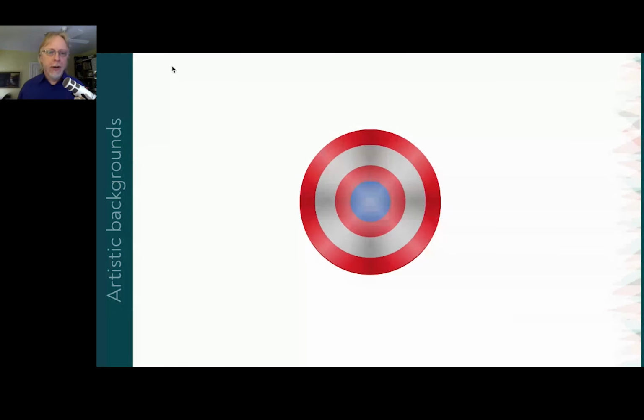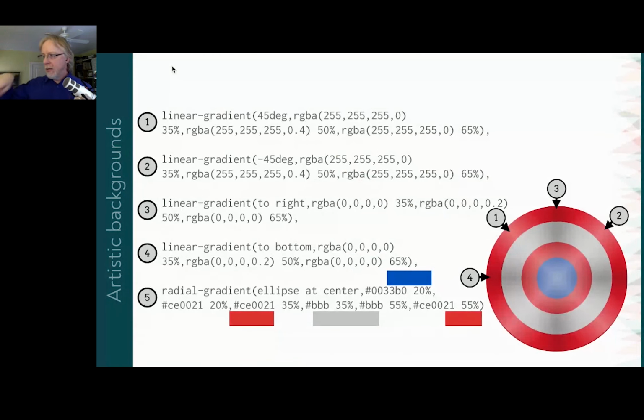But then there's the radial gradient, which creates all of the rings of the shield, right? It's this one. So going outwards, you get those hard stops by taking blue to 20%, starting red at 20%, taking that to 35%, then gray at 35% to 55%, and then red at 55% out the rest of the way, right? That's it. Well, and using border radius to round out the div so that it creates a circle. But I mean, that's all it took. It's simple, but it's really effective.